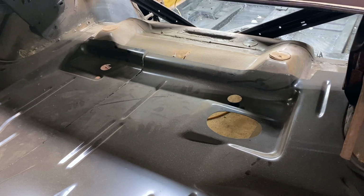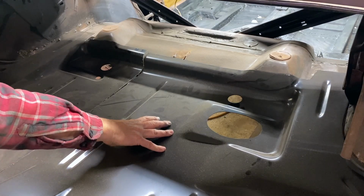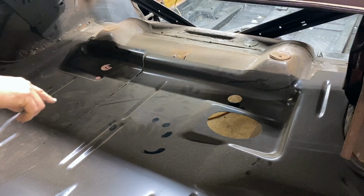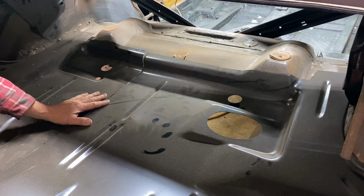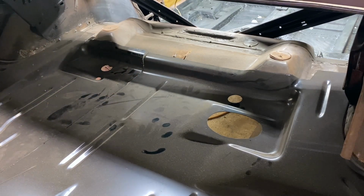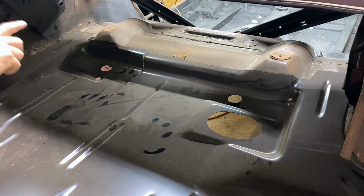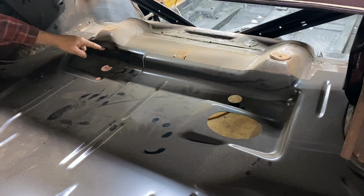So what I'm doing now is I'm starting to do the mental prep on the trunk and how I'm going to handle this. Part of that is getting back up to speed with where we were. So we went around and traced all of this to know exactly where it goes. I remember coming down the middle, we were going to do a cut and butt. But I think I'm trying to remember exactly how I planned to do this. And I think what I intended to do was bring my edges back a little bit more. And I think the reason we traced it was so that I could determine where we're going to be in there. So my thought was, if I come in here and cut this straight across, like so, then that should